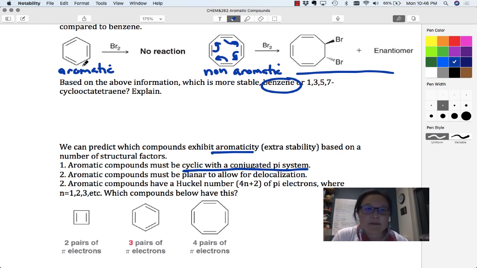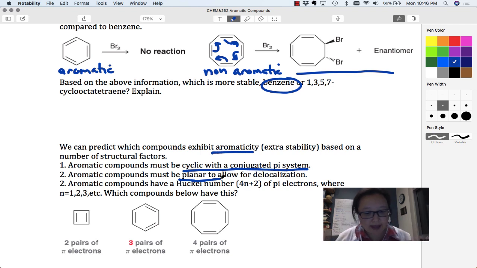That means I've got pi electrons that are conjugated. Again, conjugated is sigma, pi, sigma, pi, so it's this alternating pattern. And that leads to resonance delocalization, so that's why that's important. In order to have maximum delocalization, you want those p orbitals to be aligned to each other. So you need the molecule to be planar to allow the p orbitals to align properly. So being planar is another